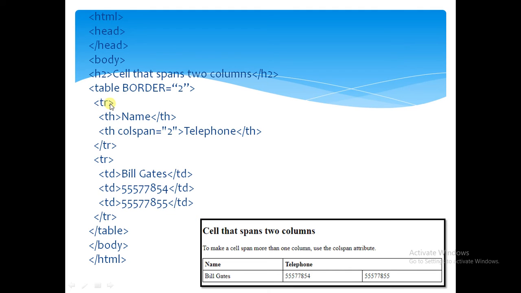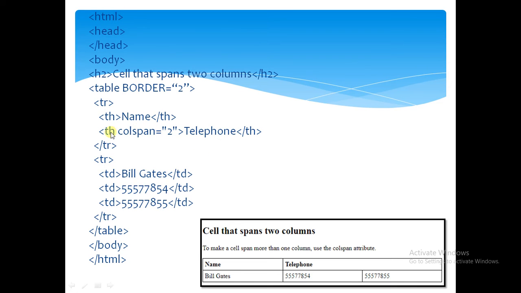tr stands for table row, and after that we use the tag th. Th means table heading. The first table heading is name. After that the second heading is telephone number.